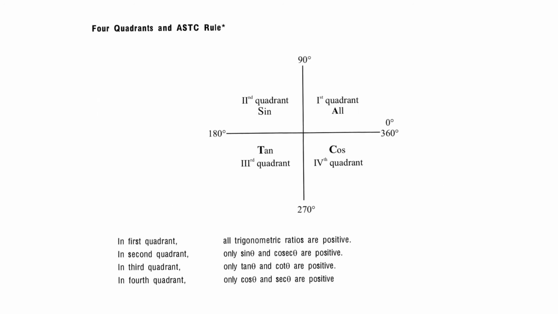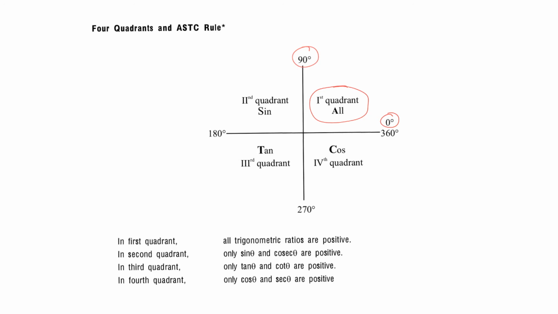Now we'll discuss the different quadrants and which angles are positive or negative there. So this is the first quadrant. Our angle is between 0 degree to 90 degree. Over here all the thetas are positive, means sine 30 is positive, cos 30 is positive, tan 30 is positive, or the reciprocals of those, like cosec, sec and cot, are also positive. So over here all the thetas are positive in the first quadrant.